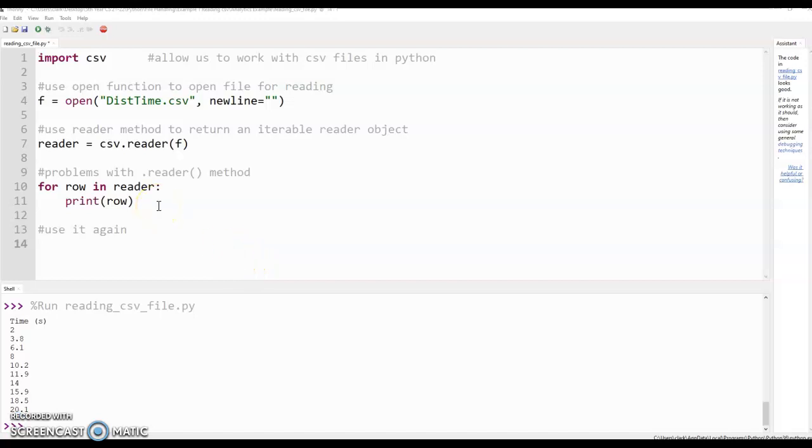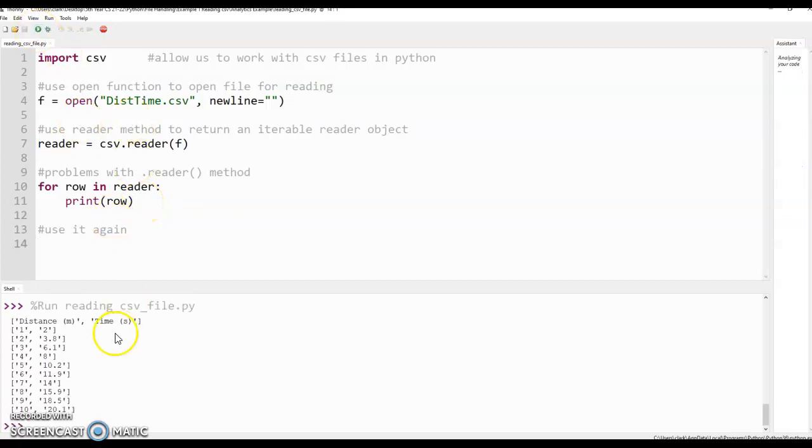So we just encountered one of the little issues with Reader. It's fantastic, you do need the Reader method to be able to access the stuff in the file object and store it in this variable here. But the problem with using the Reader method, as we've seen in the last example, is that once you've used